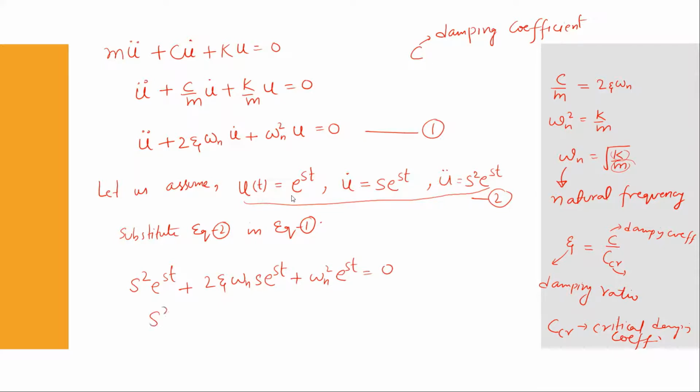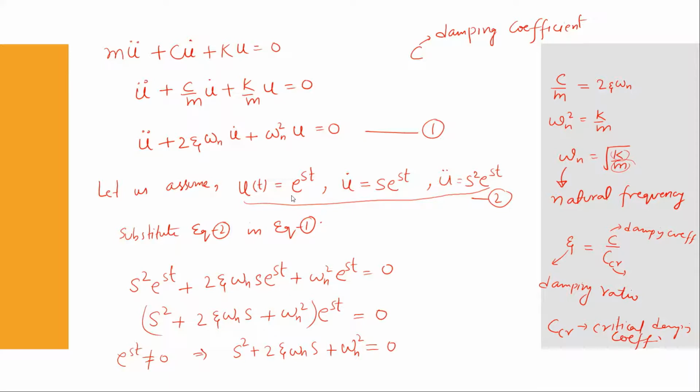So here we get s square plus 2 xi omega n into s plus omega n square, and e to the power st would be equal to 0. Hence we know that e to the power st can never be equal to 0, because it is our trial function, or what you assumed. If we had assumed 0, then there is no solution. So this can't be 0, therefore it implies that s square plus 2 xi omega n s plus omega n square must be equal to 0. Okay,